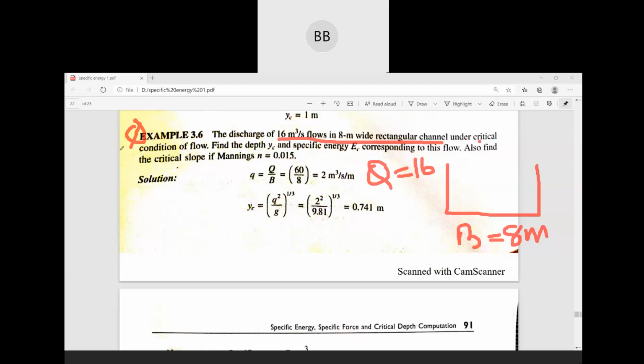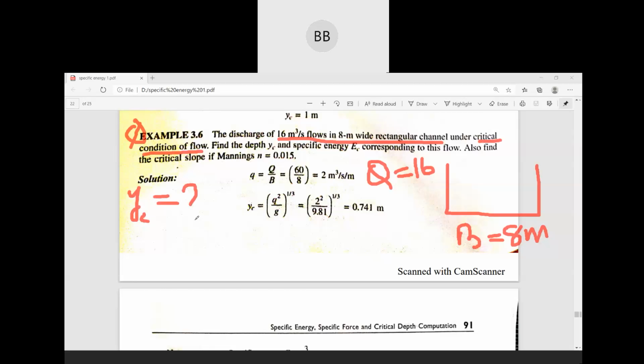A discharge of 16 meter cube per second flows in an 8-meter wide rectangular channel. So in a rectangular channel, the width of the channel is given as 8 meter. Then discharge is also given as 16 meter cube per second. The channel is under critical condition of flow. So we need to find out YC, that is your critical depth,